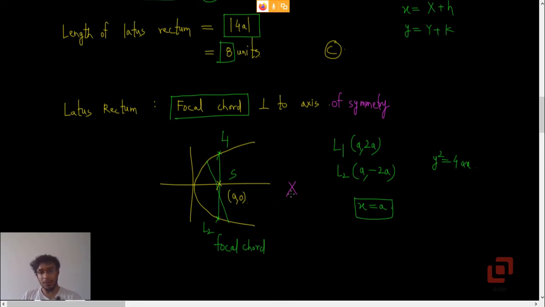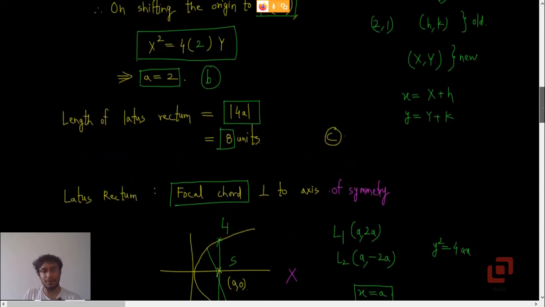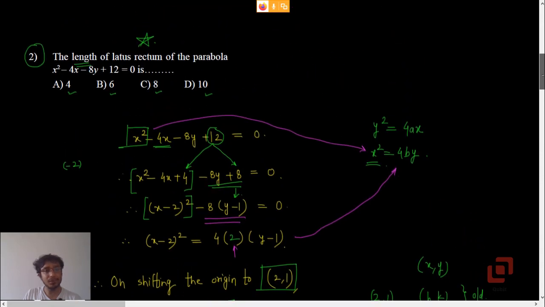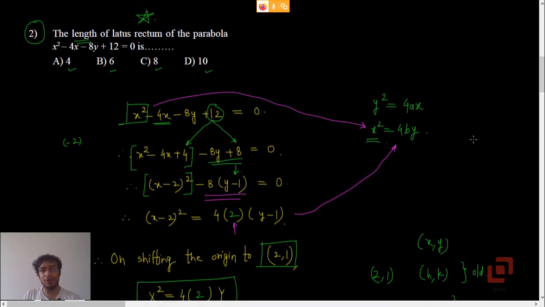Okay. Now we are going to verify, as usual, our result graphically. Note that the parabola that we have got is in the second form, x squared equal to 4by, but the formula that we applied for y squared equal to 4ax is same as the one that we apply for x squared equal to 4by. Okay, so let us verify our result now graphically.